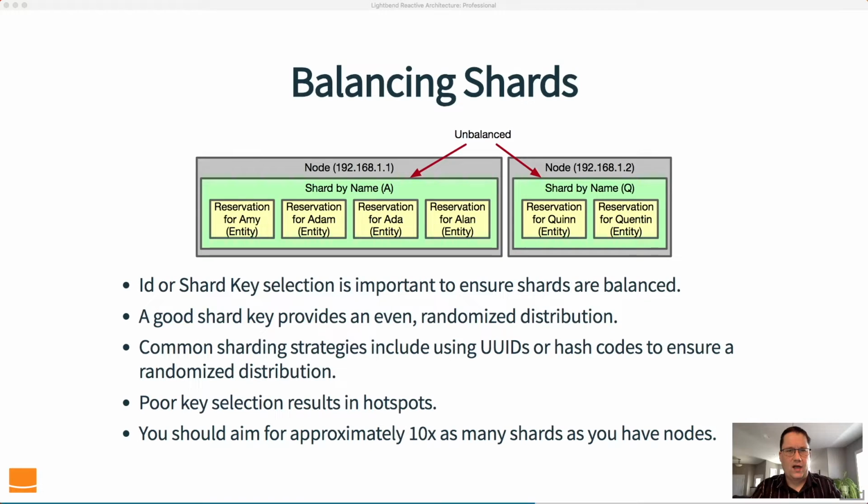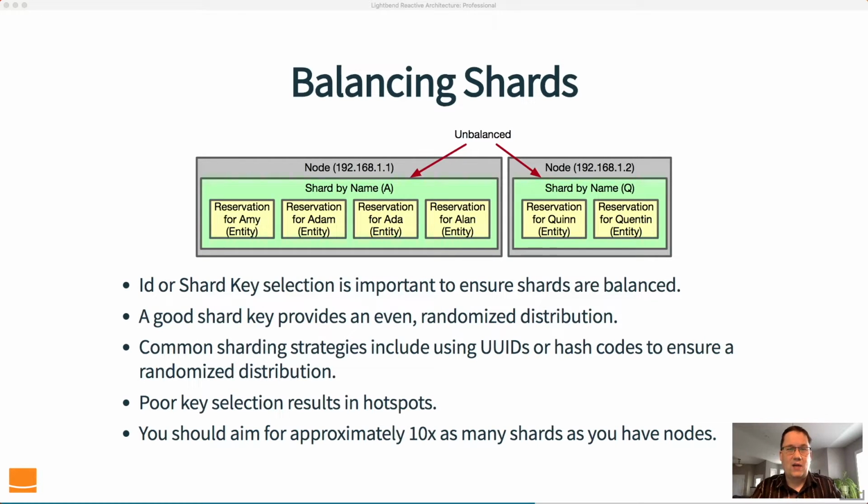is for. Now, depending on what part of the world you live in, there are certain names that you will see are fairly common. In my part of the world, at least, names that start with A are pretty common. So I gave some examples here: Amy, Adam, Ada, Alan. There's a lot more that we could go into, but this is a very simple example. On the other hand, names that start with the first letter Q, there's a few, but there's not a lot